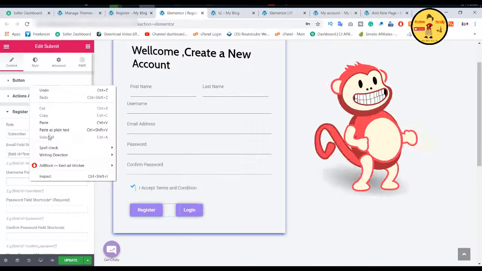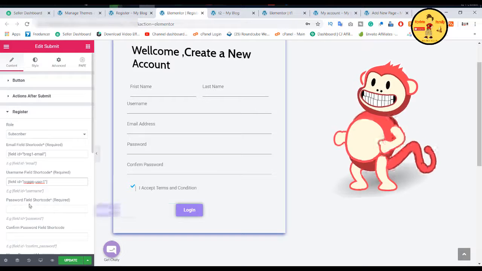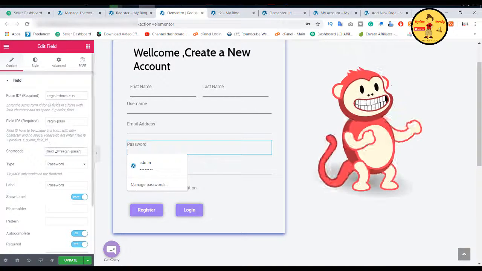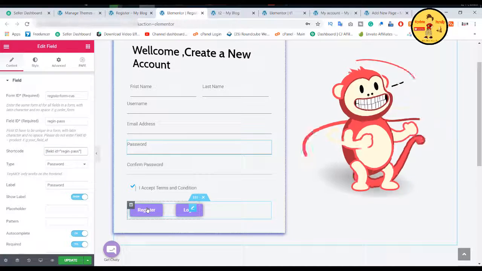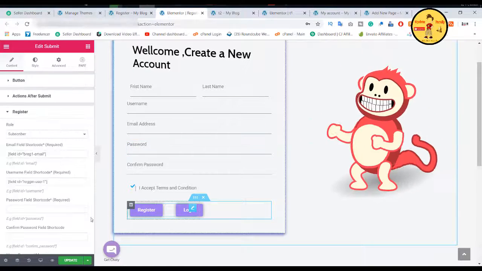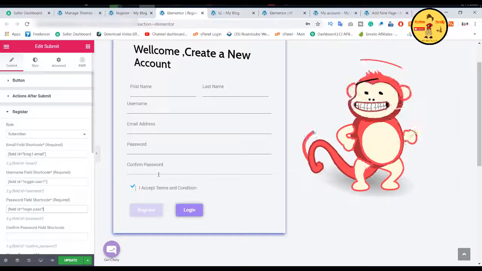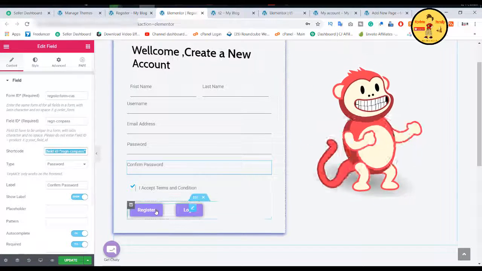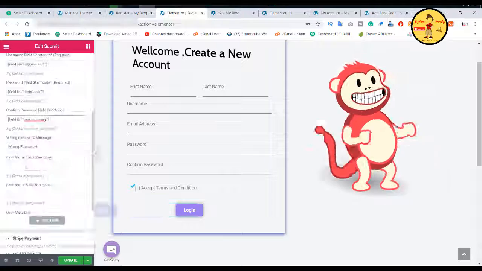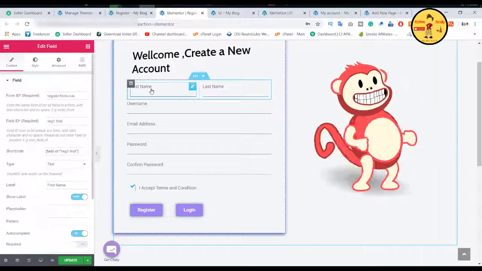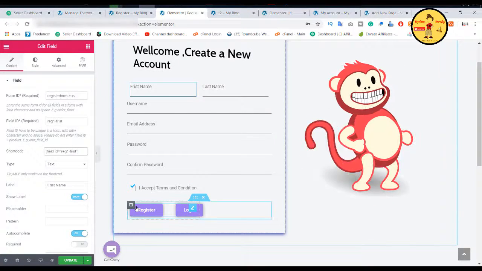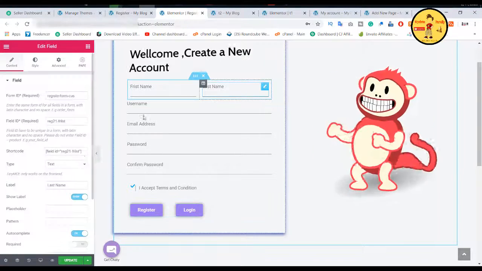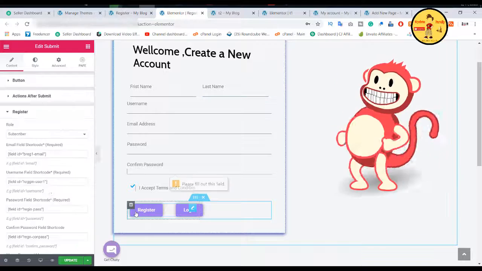Here the password field, click on this password, copy this shortcode, click on this button, paste here, again click on this confirm password, copy the shortcode, paste here. First name, last name: copy this first name shortcode, click on this button, then paste here. Again last name, copy the shortcode, click on the button, and paste here, click